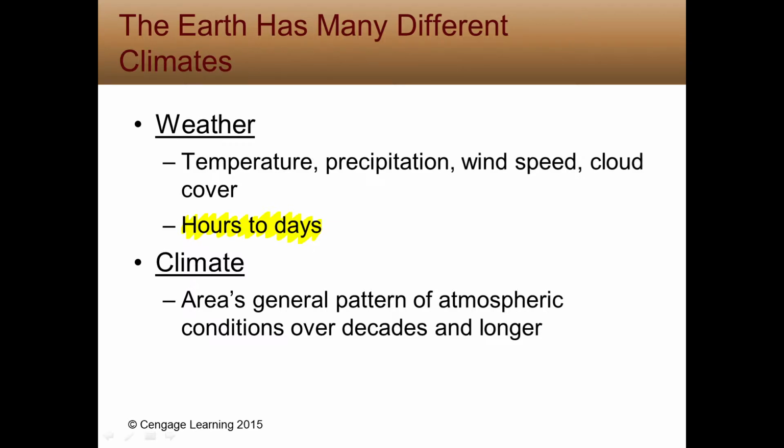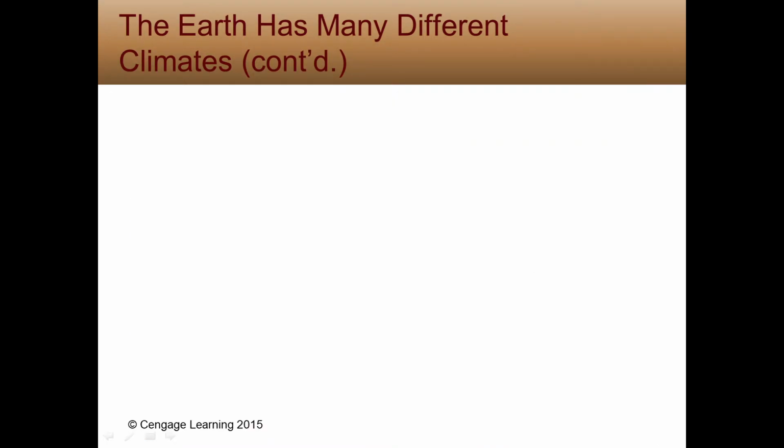So when people talk about climate change and talk about a single weather event, oh, it's so hot here, that can't be climate change. They're talking about weather. We need to look at decades and decades of data to talk about climate. So when air circulates in the lower atmosphere,